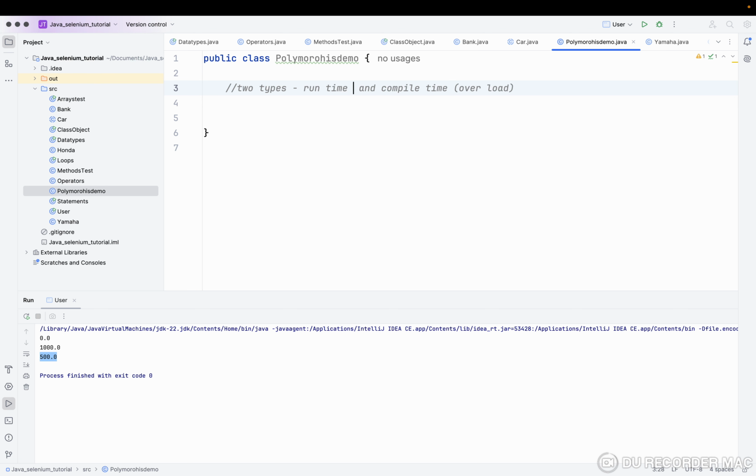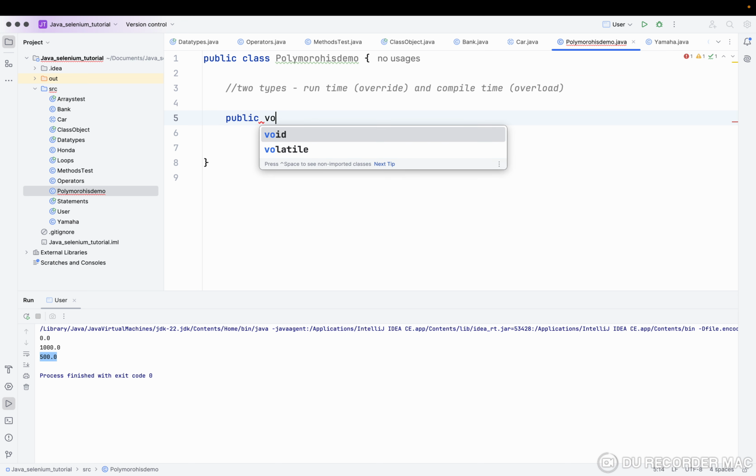For runtime, we have override. Okay. We already studied this one just now, but I will give you the overview again. We don't see that extensively. So overload: suppose I have public